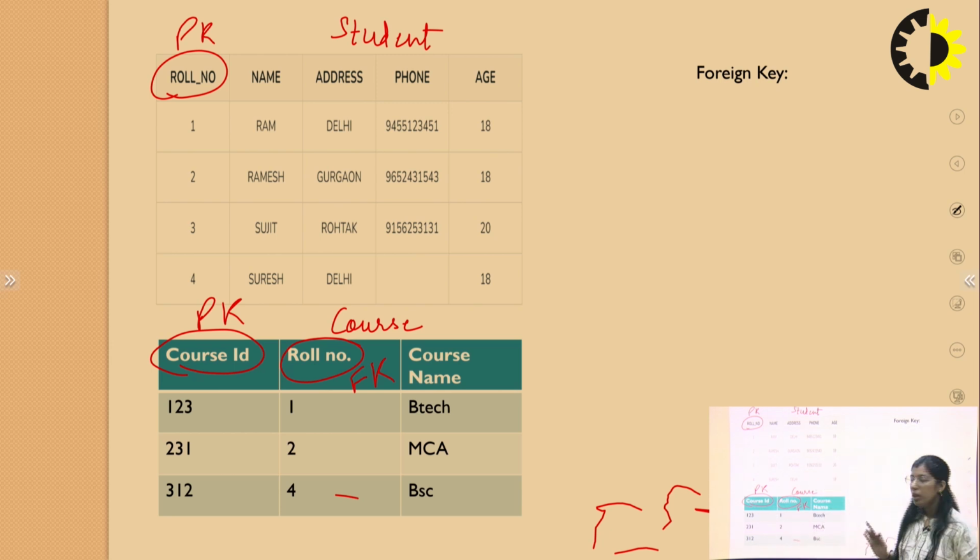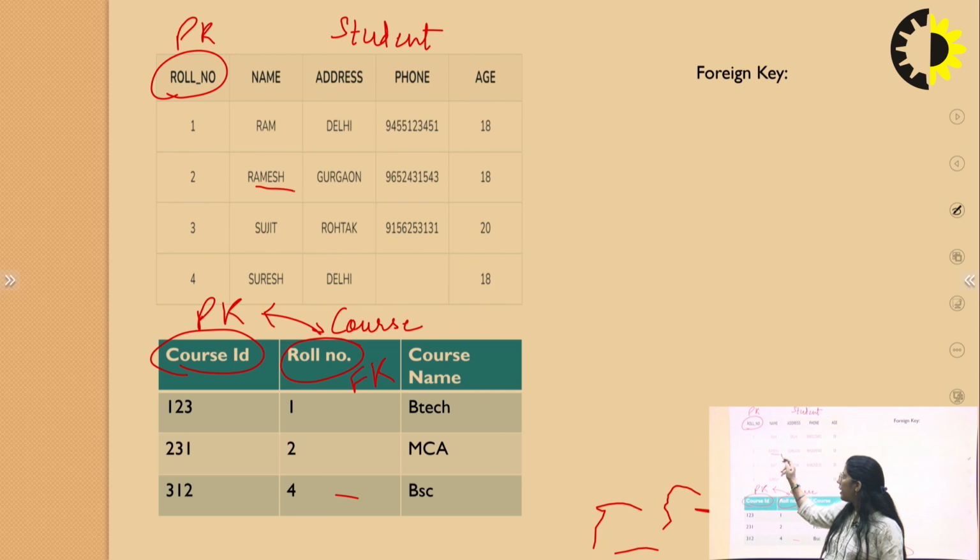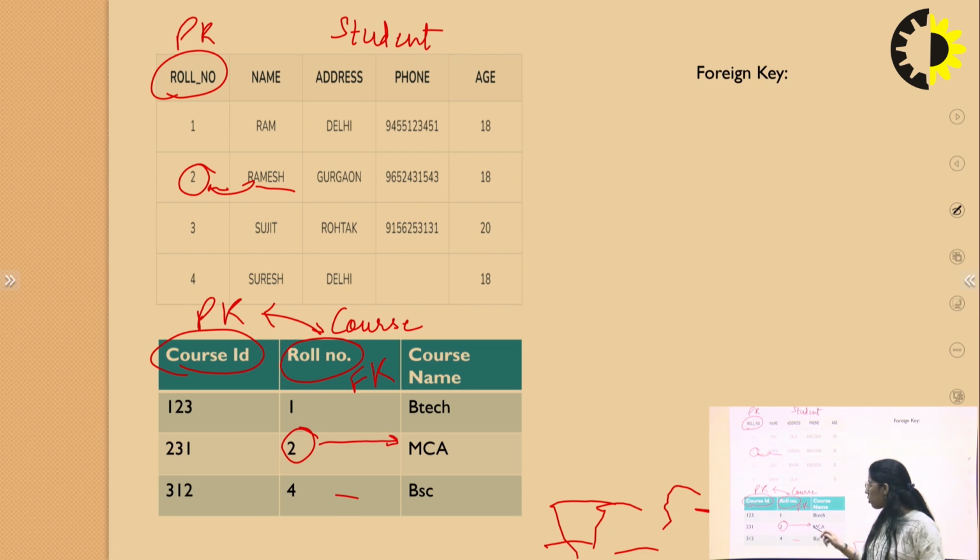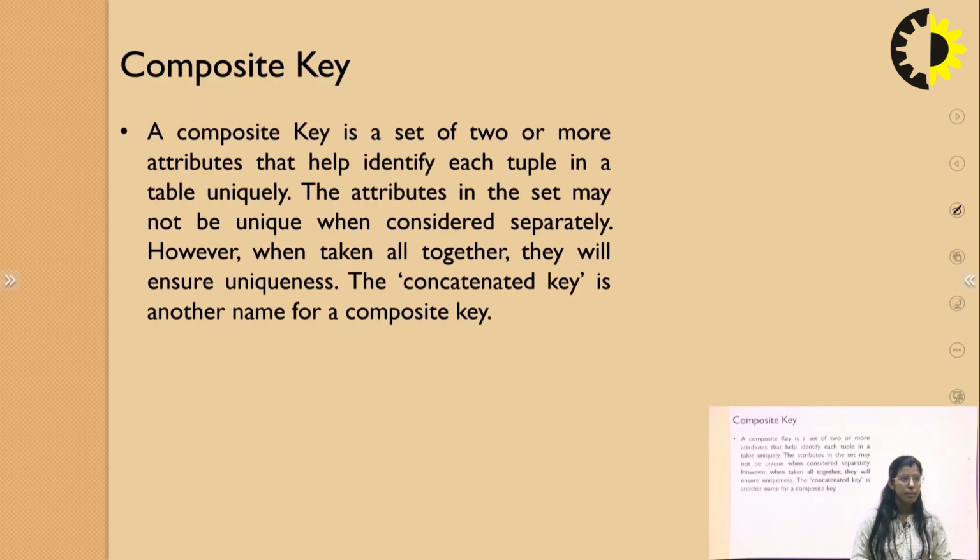Right? So along with these two we can identify a course name. Let's say I want to know which course Ramesh is admitted to. Firstly we will find Ramesh in the name, his roll number is 2, then we find roll number 2 here and then match which course it is and what the course ID is for that particular course. So this is how a foreign key works in combining the results for different tables.